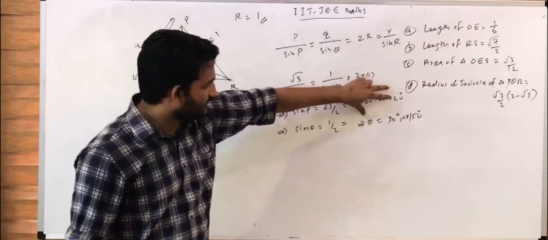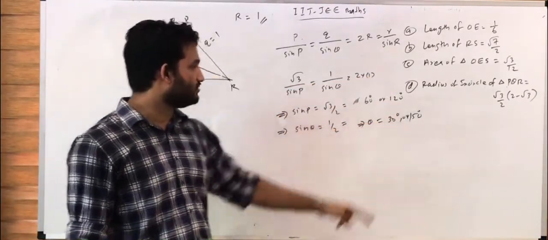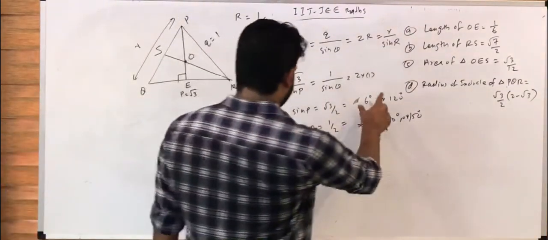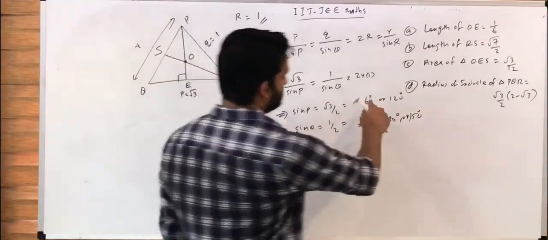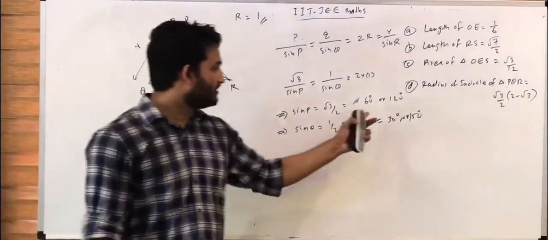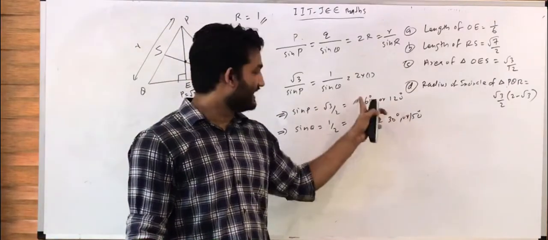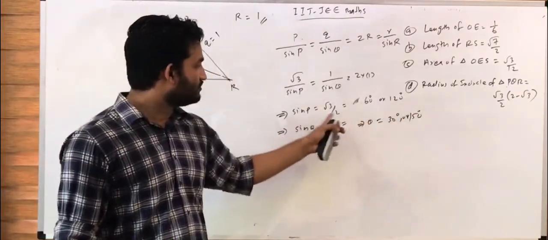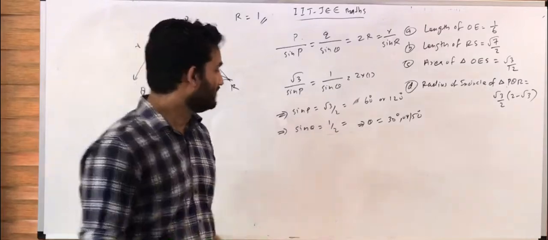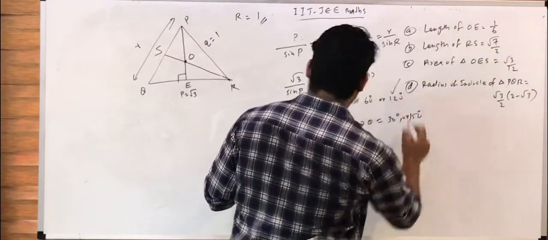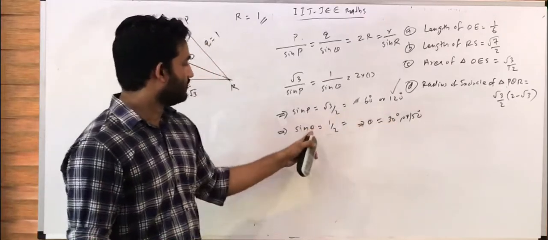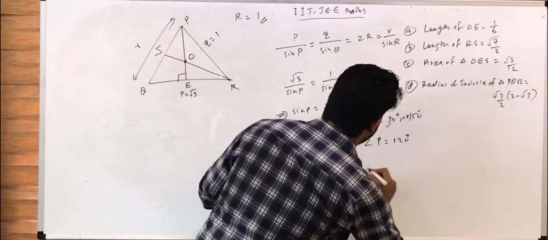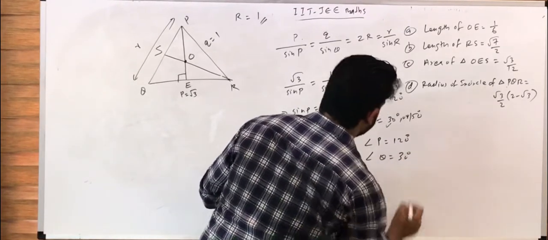So we have these four angles and we need to choose. It is given that it is a non-right angled triangle. So we cannot choose 60 and 30 because 60 plus 30 equals 90. Also we cannot choose 60 plus 150 because it exceeds the sum of the angles, 180. So we can choose only 120 and 30. So angle P is equal to 120 degrees and angle Q is equal to 30 degrees.